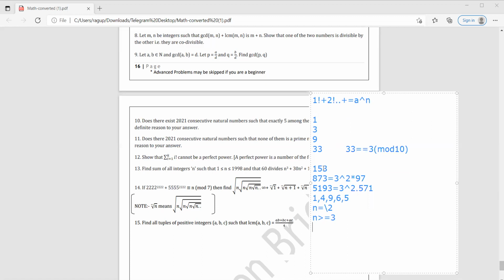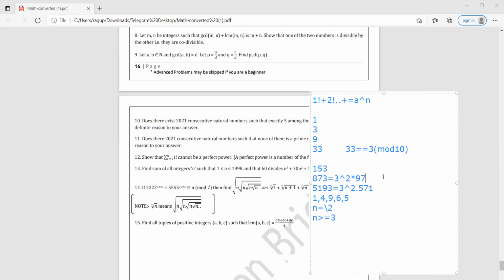Sorry, 33, 153, 873 are already calculated sums. So 153 is 6 mod 7, and after that we get 120, this is 6 mod 7, and this is, sorry, after sigma 6 factorial we get it to be 873, which is